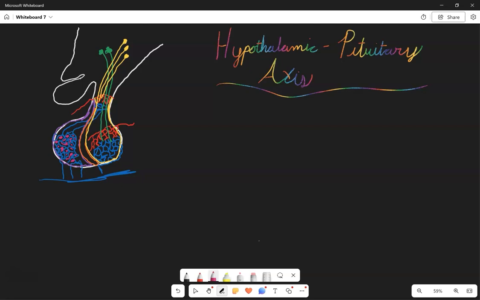So we often talk about those two in concert with one another and refer to it as the hypothalamic-pituitary axis, because there are neurons inside of the hypothalamus that will sort of control the pituitary into releasing its